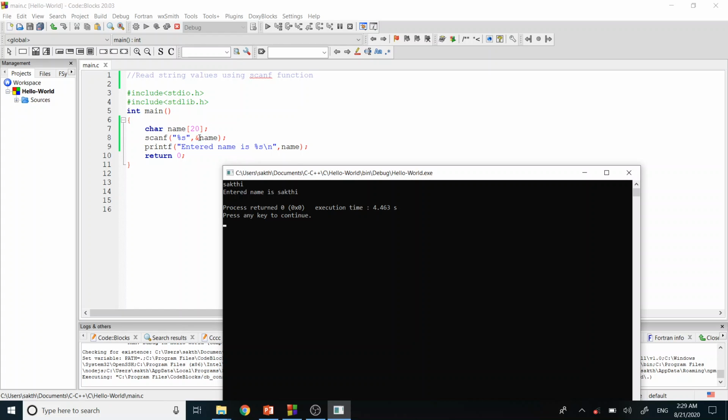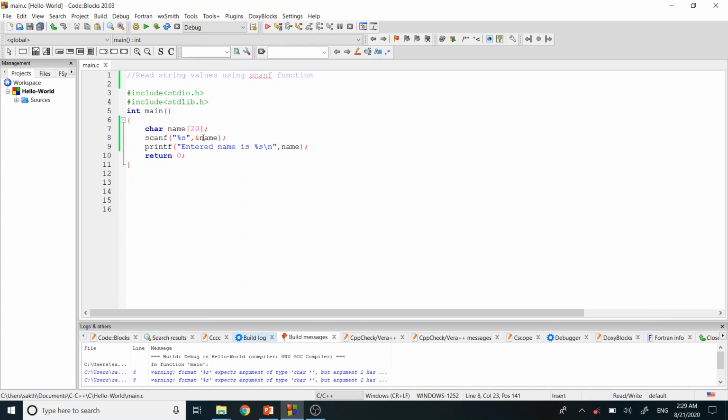Also, if I don't use this ampersand symbol, it doesn't throw an error. That's because this is an array. An array stores all of these. When I start typing S-H-A-K-T-I for Shakti, the S will be stored at one address, and further values will be stored at incremental addresses. So now let us run the program without using an ampersand.